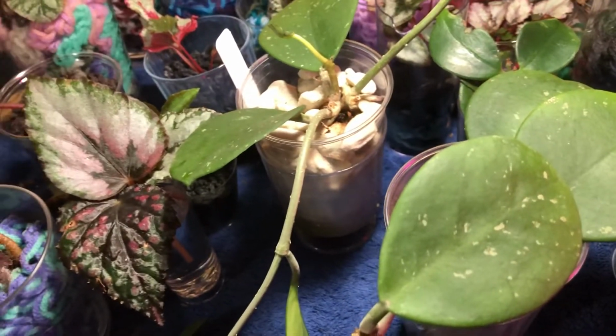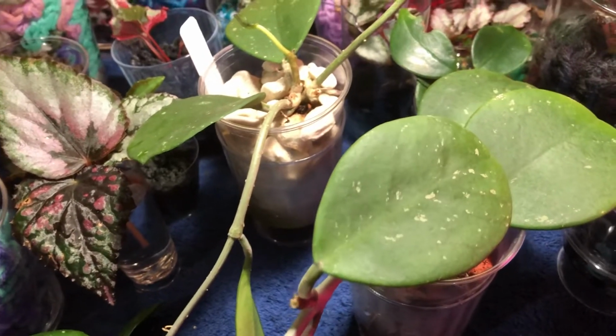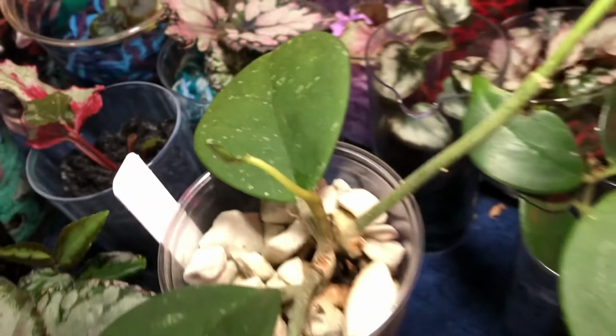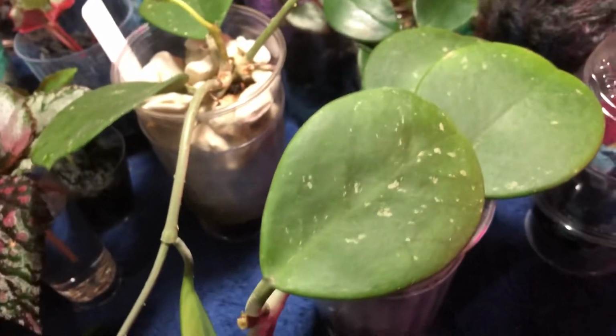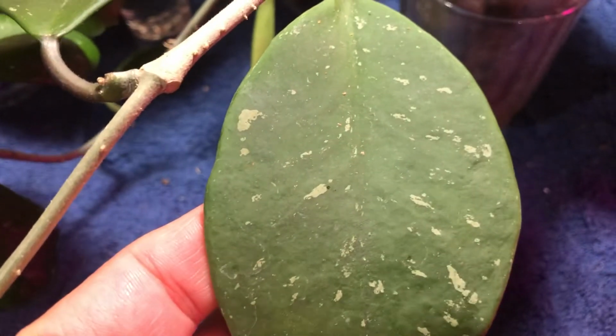Not sure if it's just a change in humidity. I would imagine it could be because I didn't get these in the summer. Now that it's summer and the humidity's high and I've been misting them, we'll see how these new leaves start to form. But these plants are beautiful also because of the splash on the leaves. Hoya Obovata Splash. You can see, very cool